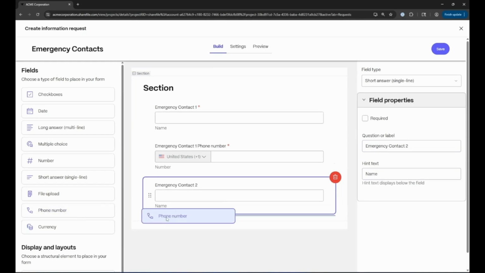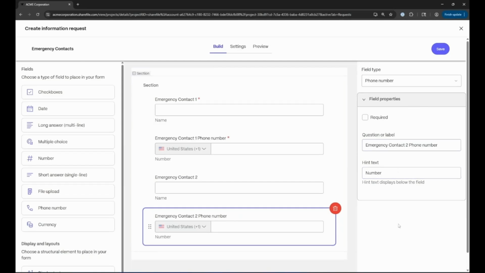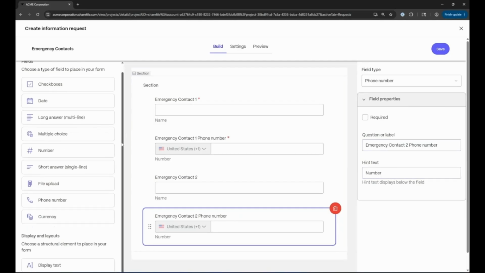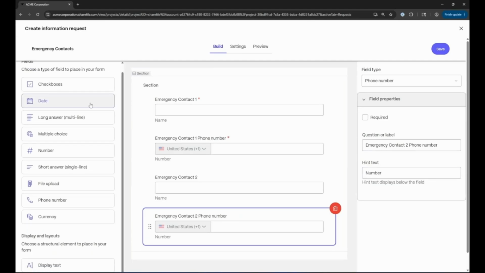And then phone number, let's say... all right, and just to highlight all of the different fields that you can place in here, you can do